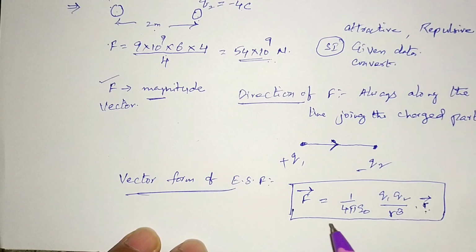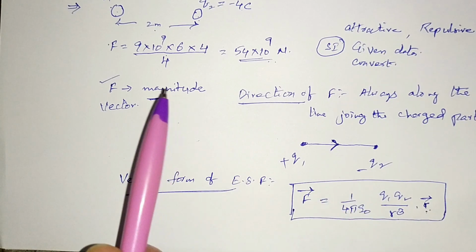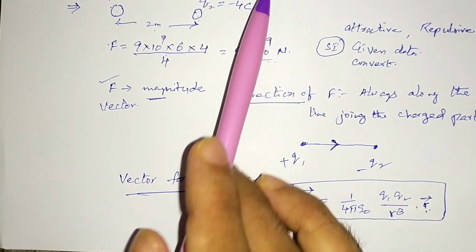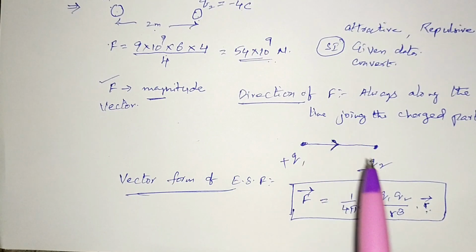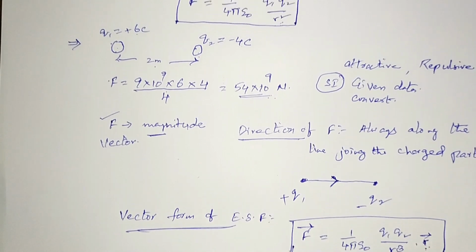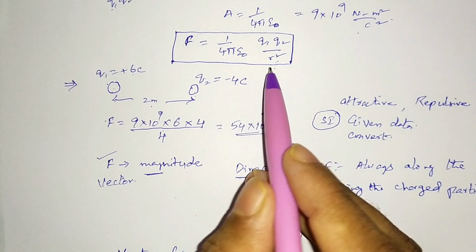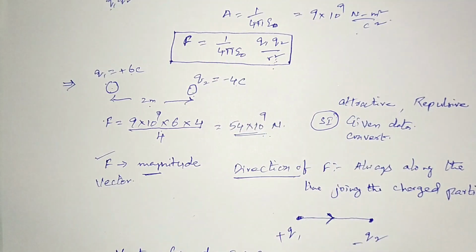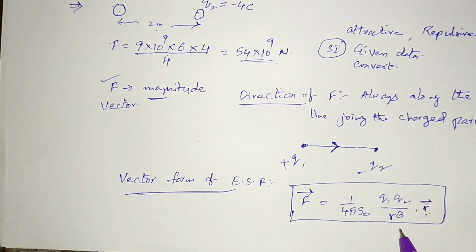See this, in magnitude F is inversely proportional to r square. Yes or no? In magnitude, F is inversely proportional to r square. In vector form, F is inversely proportional to r cube. Remember this. Many times in competitive examinations they ask this question. The vector form of Coulomb's law is inversely proportional to r cube, not r square. Other options will be given, so it is r cube. Okay. Next,